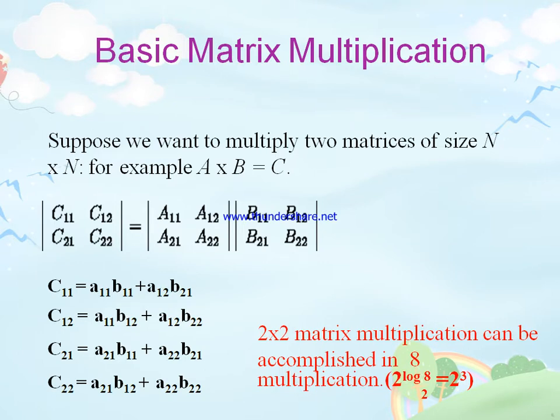When we are multiplying the matrices using basic matrix multiplication, here C of 1 comma 1, 1 comma 2, that is the first row, and the second row. Here we are considering n equal to 2, and we get this result by multiplying A of 1 comma 1, 1 comma 2 into B of 1 comma 1, 1 comma 2. First we multiply A of 1 comma 1 with B of 1 comma 1 plus A of 1 comma 2 into B of 2 comma 1. First matrix row wise, second matrix column wise.